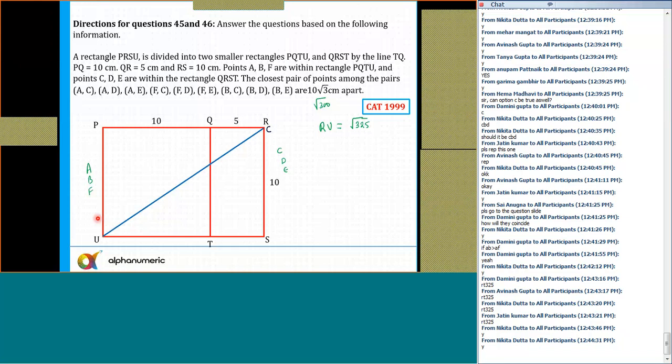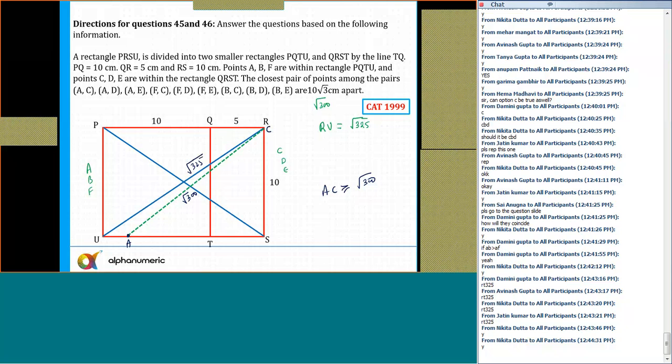Okay. Like from point C, if I draw a line, you can take any diagram. From point C, if I draw this dotted line, and let's say the length of this dotted line is equal to root 325. This is root 300. And let's say this is C and this is the point A I am taking. And we know the minimum distance AC has to be greater than root 300. So I assume, let's say AC is root 300. So can you guys tell me what is the length of AS?